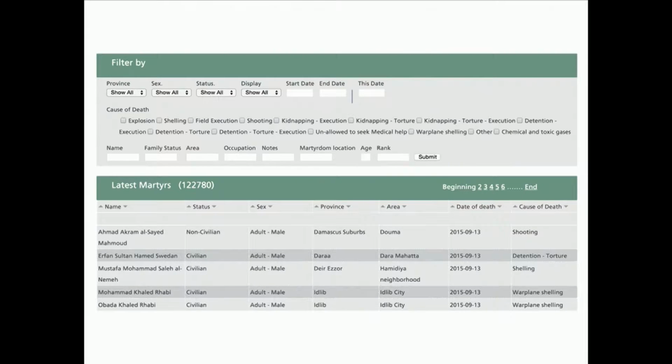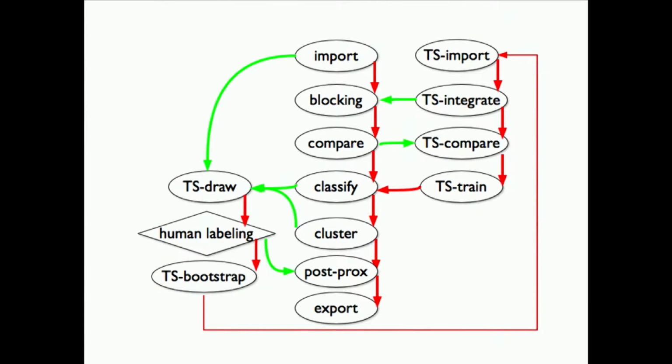And that's where we get to this record linkage problem, which HRDAG sort of organizes in this very full diagram. And I mostly just show this to say there are a lot of steps involved. I'm going to tell you about 2 of them today. But what we do is supervised record linkage. So all the symbols on the outside, everything that starts with a TS for training set, is data that goes out for human review. And everything down the middle is what we automate and code and rely on computers to help us do.